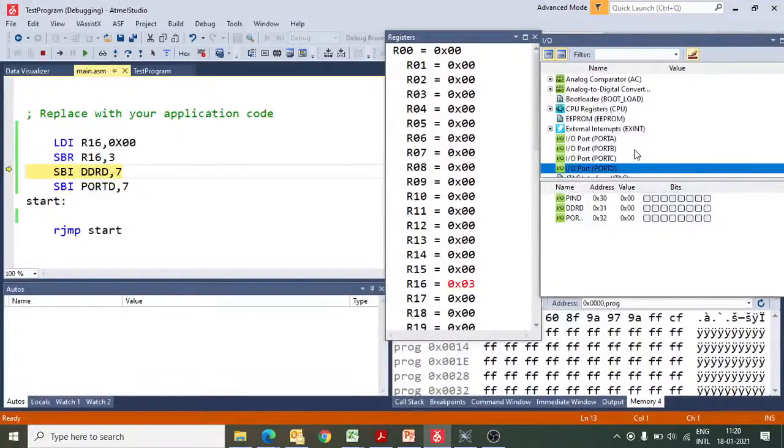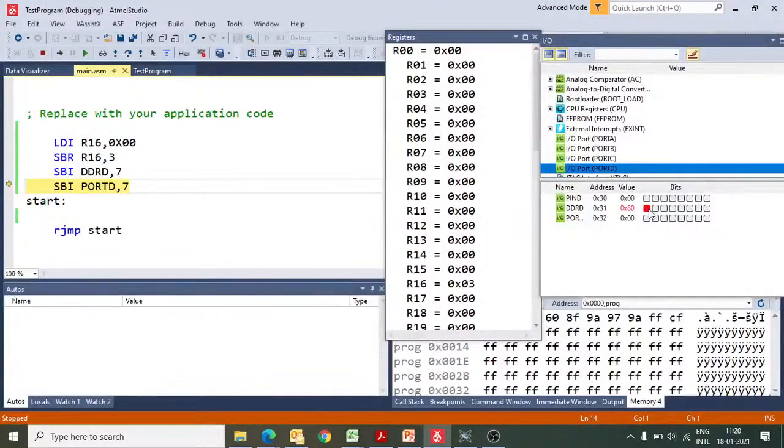Is this screen visible to you, these ports and registers and this program, everything on the screen? Yes, sir. It is visible. Okay. If I run this instruction, the DDRD bit number 7 will be set, as you can see here. DDRD, this is bit number 7. I have pointed my mouse there, so it is showing bit 7 in red color.